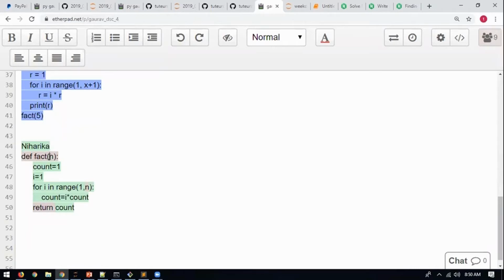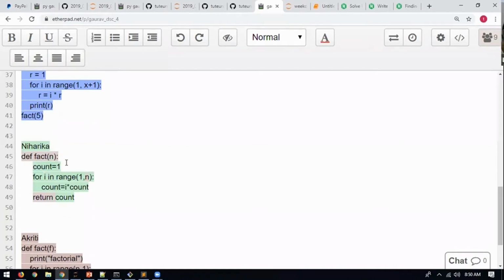So it will take a value n. n can be anything. We will go in the range 1 to n. Remember, don't write it directly, because otherwise it will give you what? 0. Because first time it will multiply 1 with 0. And this also has to be 1. Okay, you're using count as the variable. Do we need this variable i?